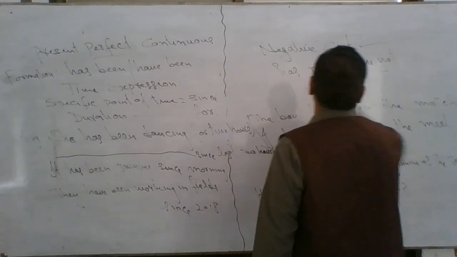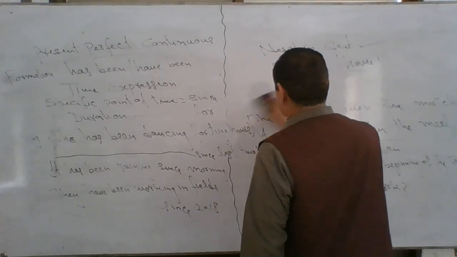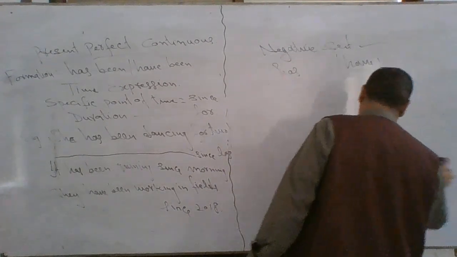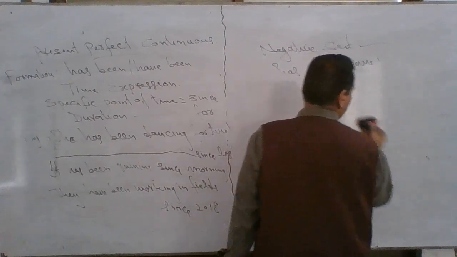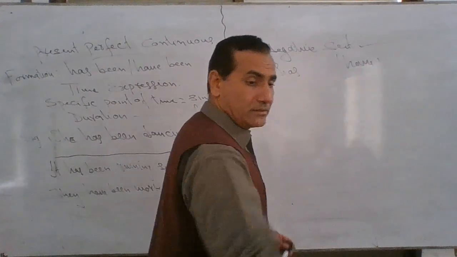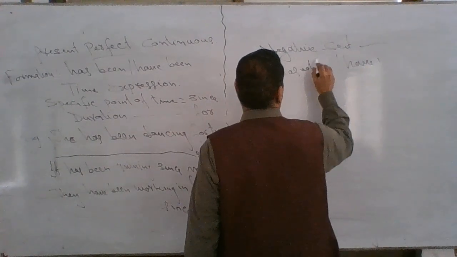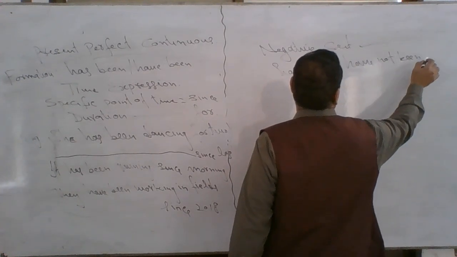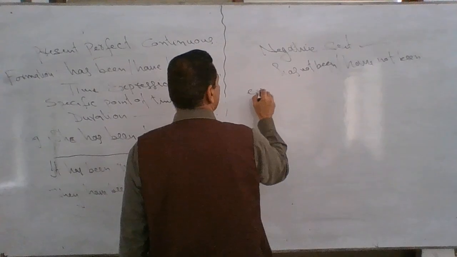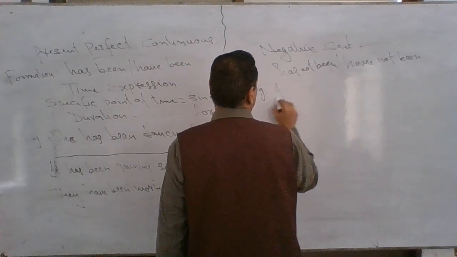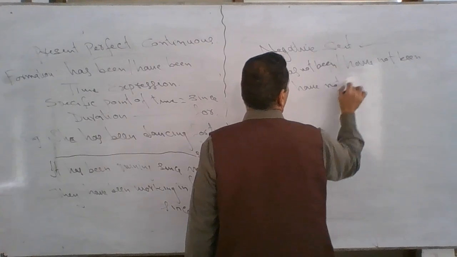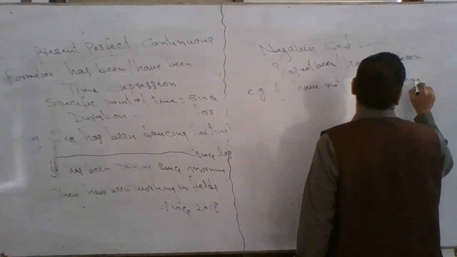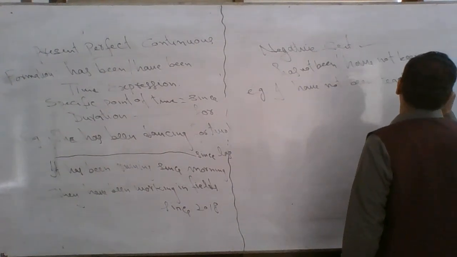अब इसके अलावा जो नेगेटिव सेंटेंसेस हैं तो the helping verb जो आपके साथ है, उसके दरमियान ये has been और have been, has not been and have not been. For example, I have not been since